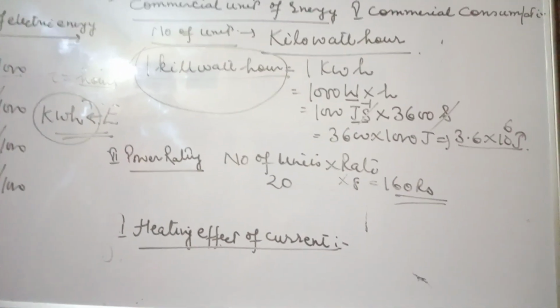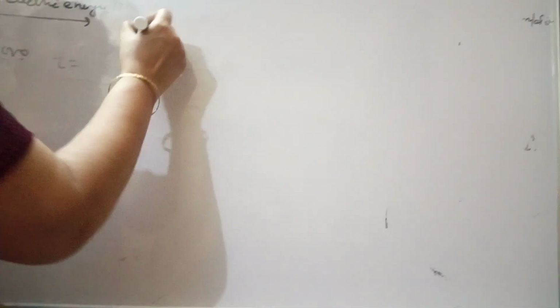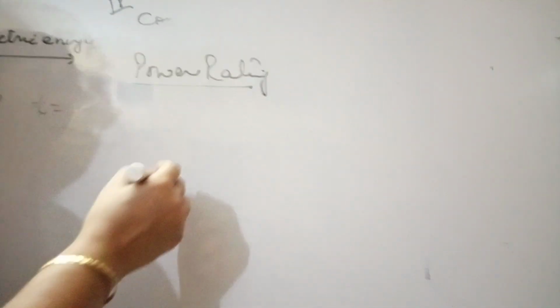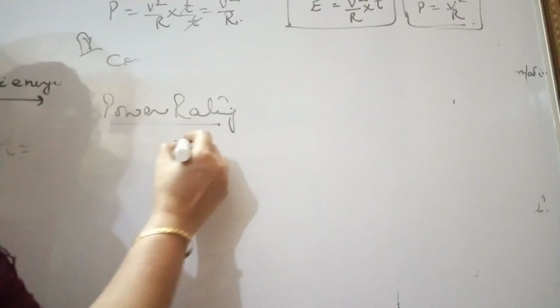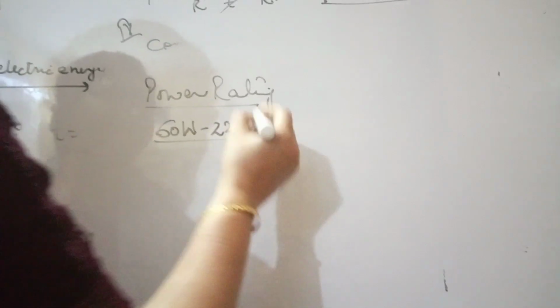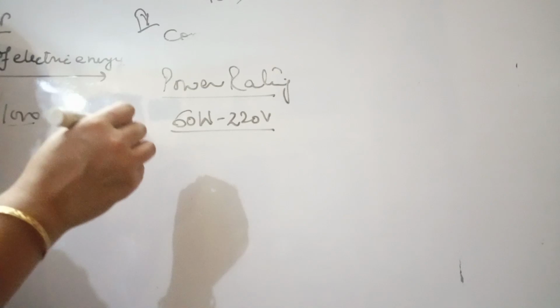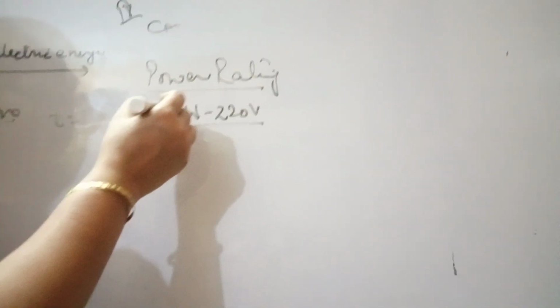Next is power rating. What is the power rating? Very simple. You have seen any electrical appliance. On any electrical appliance, two pieces of information are printed. Definitely you will observe it when you buy a new one. Suppose it is written 60 watt hyphen 220 volt on each and every appliance, maybe the lighter one, maybe the heavier one. Suppose on one electric bulb, those two pieces of information are printed. That is called power rating.